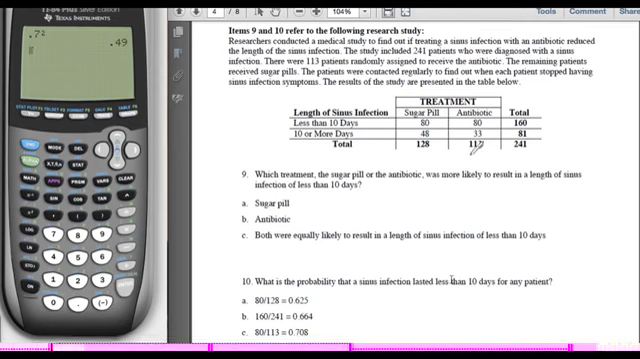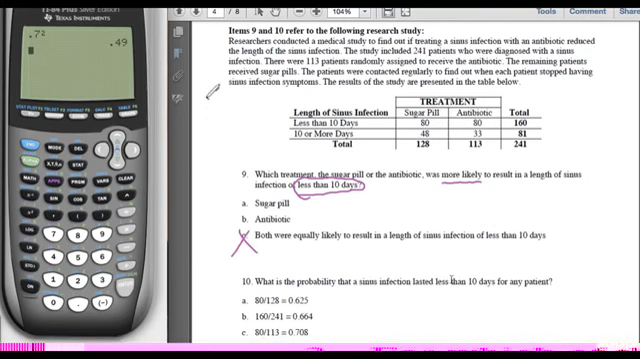I want to know which treatment, sugar pill or antibiotic, was more likely, had the higher probability to result in a length of sinus infection less than 10 days. So what should help your sinus infection last less than 10 days? What does the data show? Was it the sugar pill, the antibiotic, or were they both equally likely to result in a length of less than 10 days? Well, if you look at the raw data, 80 people who took the sugar pill had an infection of less than 10 days, and 80 people who took the antibiotic had an infection of less than 10 days. So right off the bat, it looks like they're equal, and that C is viable,